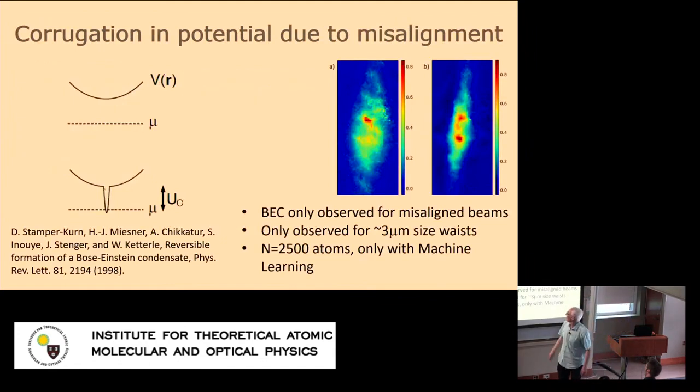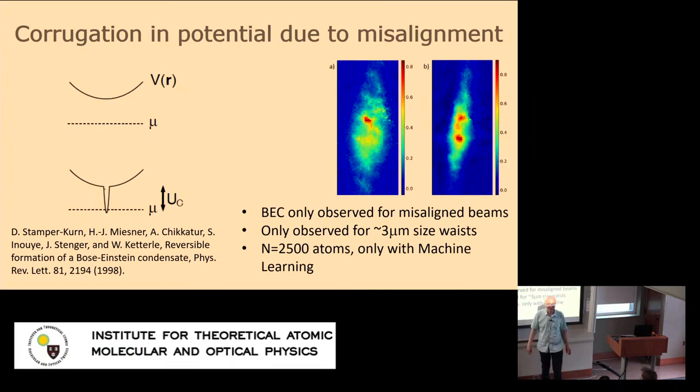How cold is the cloud? The cloud is about 30 microkelvin, the thermal cloud. It's very, very hot. And then you have to assume that the volume of this dimple, in a simple model where it's a square, is about 10 to the minus 3 of the whole volume of the trap. It has to be very deep as well. Interference can in principle make it very deep. It has to be about a few megahertz deep. So the whole trap is a few megahertz deep, maybe 3 to 6 megahertz, and it has to be another 2 to 3 megahertz deeper, and much smaller.